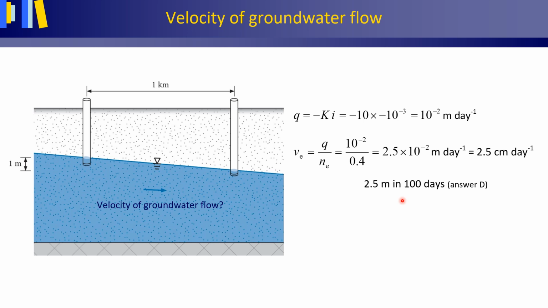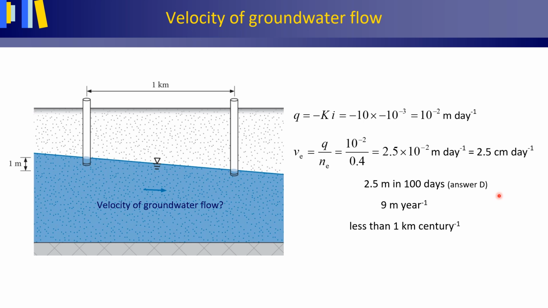For a correct calculation method, you always need to know the porosity, or better, the effective porosity, which was unknown in the earlier multiple choice options A and C. Plus, you need to know the hydraulic gradient, which is incorporated in the specific discharge, but not in the hydraulic conductivity, thereby discarding the earlier multiple choice option B. 2.5 meter in 100 days is 9 meter per year, which is less than 1 kilometer in a century.